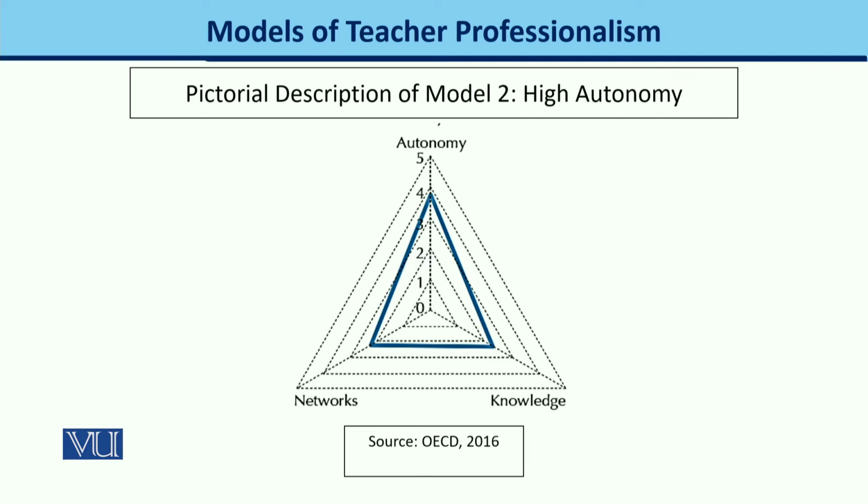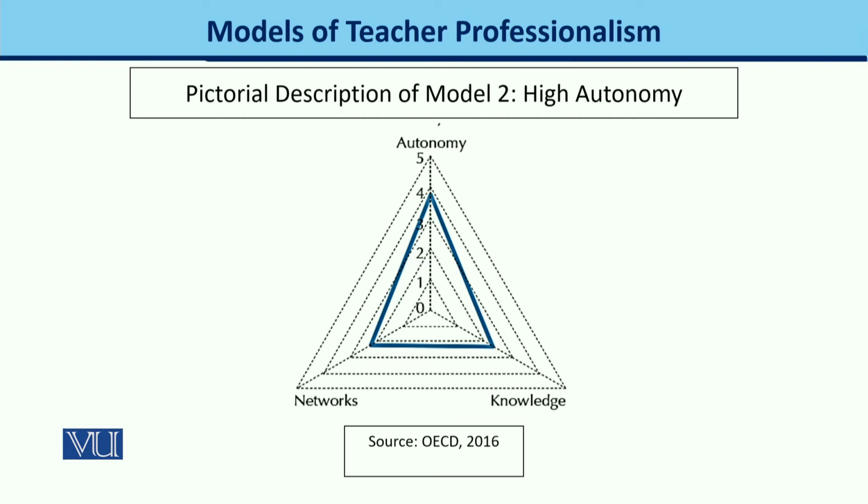If you are a principal, what kind of autonomy are you allowing to your teachers in your school, college, or department? And if you are a teacher in a department, college, university, or school, what kind of autonomy are you expecting? Autonomy of selection of topics, autonomy of demonstrating and practicing whatever you want in the class, meaning selection of the topic, selection of the contents, application of different methods and strategies in the class. Whatever you want, you have full autonomy. So this is the basic meaning of autonomy in this model.